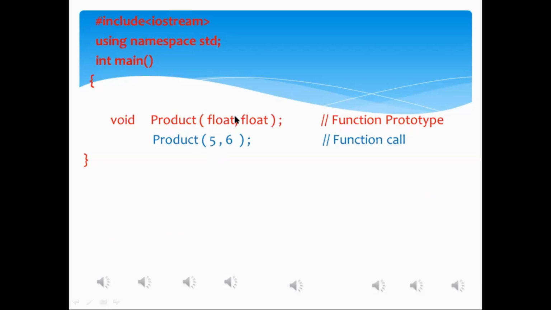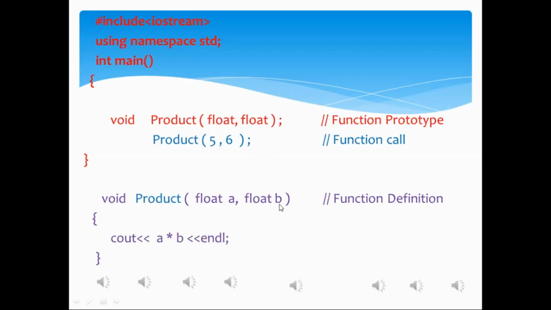We declare a variable for each argument that we have specified in the function prototype. For the first argument we have declared a variable a. For the second argument we have declared a variable b.